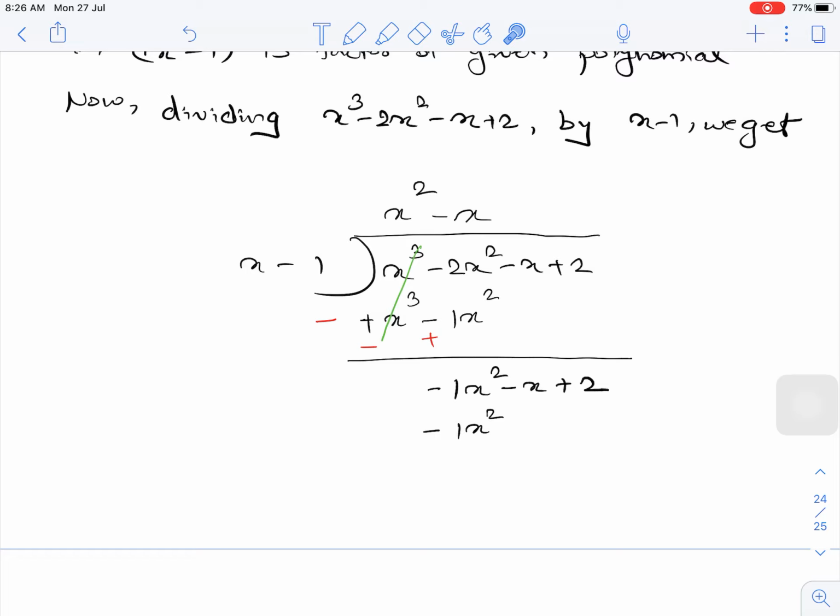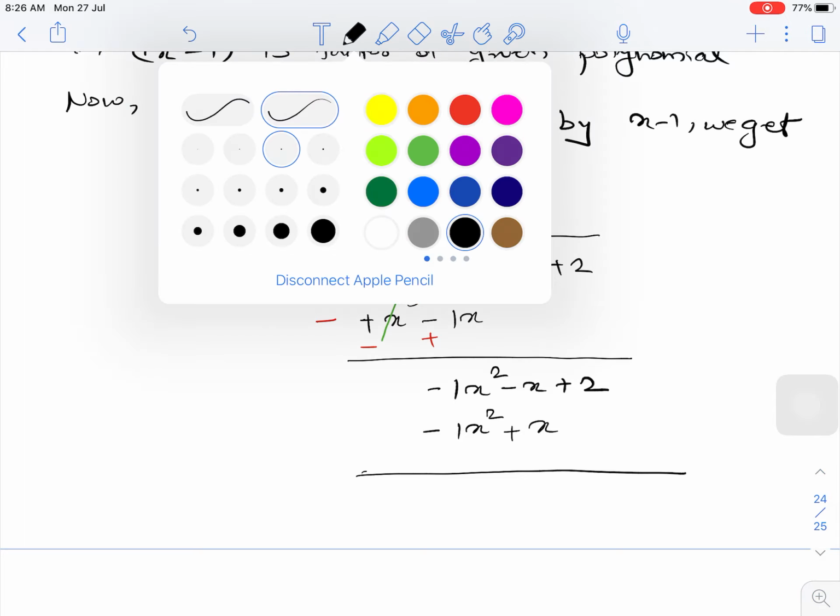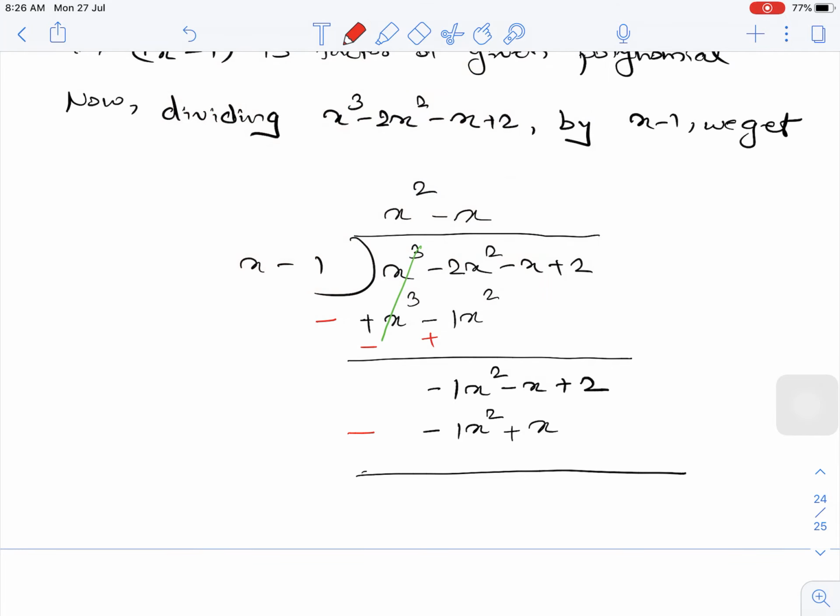Okay, now what you have to do, now this minus x will multiply to this minus 1 also, so minus into minus will become plus, and x into 1 will become x. Okay, now what we have to do, we have to extend this one. So now here minus sign of division. Now remember that this minus will become plus, and this plus will become minus. Why? Because each of the signs are multiplying, minus into minus plus, minus into plus minus.